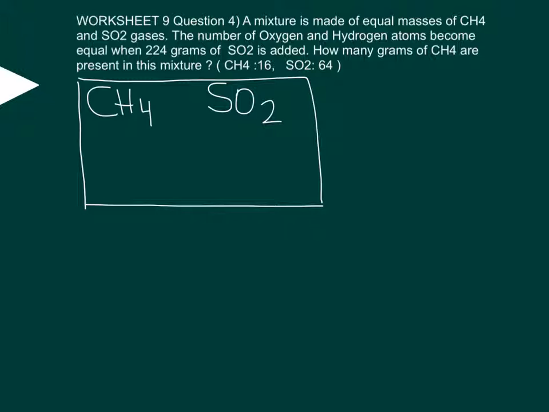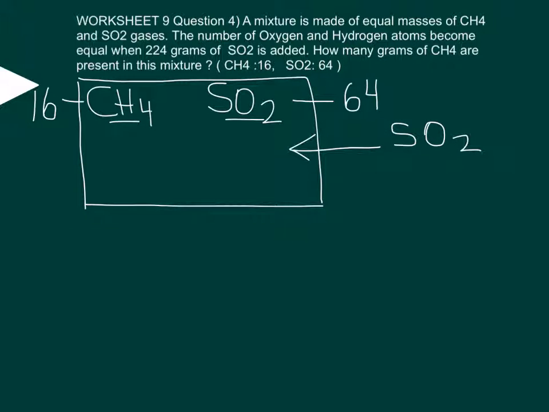Let's put the two gases, methane and sulfur dioxide, into the same container. We know that methane has a molar mass of 16 grams per mole, and sulfur dioxide has a molar mass of 64 grams per mole. From outside, we are adding some sulfur dioxide to make the number of oxygen atoms equal to the number of hydrogen atoms in methane. The amount of sulfur dioxide we're adding is equal to